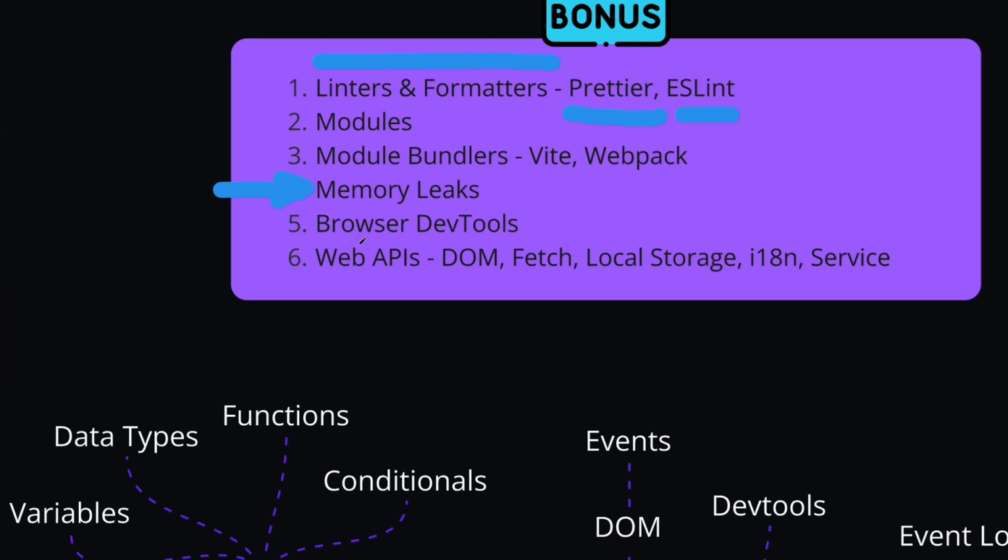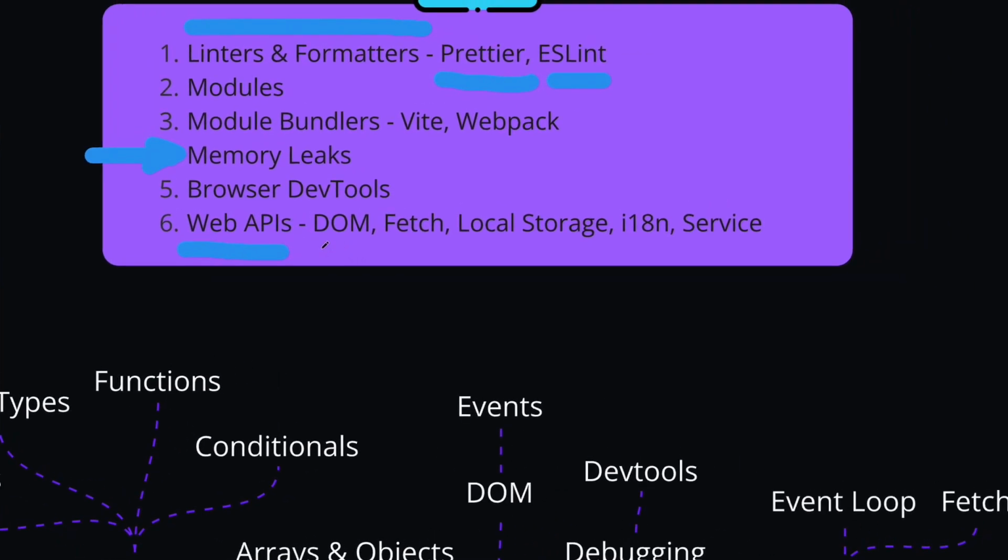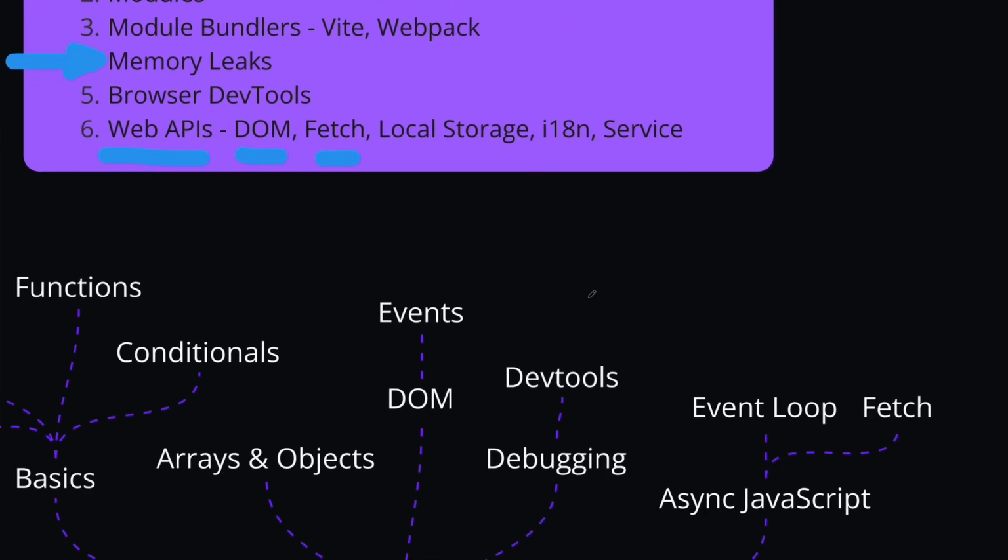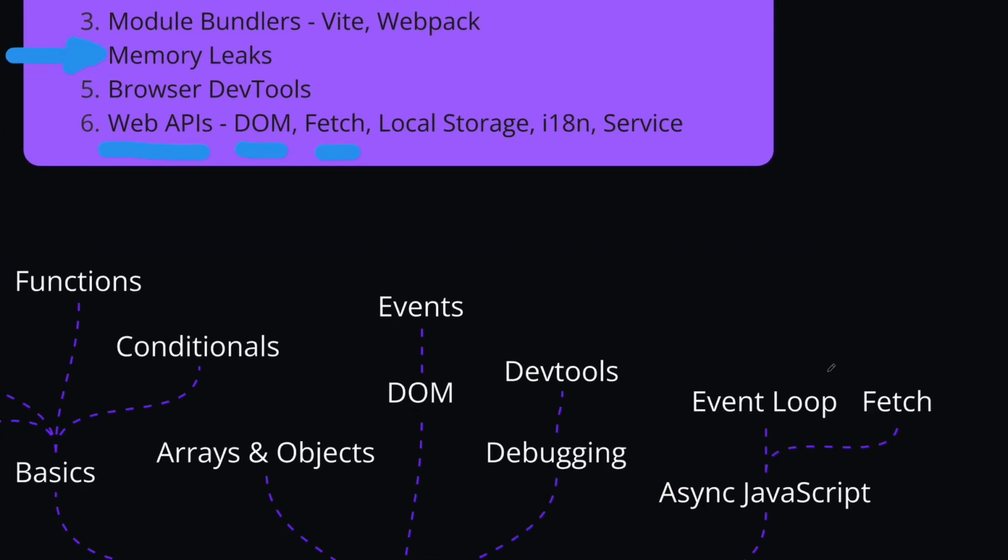And again, browser developer tools, which is also mentioned here, but you can go deeper into browser developer tools and explore all of the tabs like Network tab, Sources tab, Elements tab, and learn how to debug there effectively. And lastly, you can learn about the web APIs. You would already know about the DOM and fetch, which are part of the web API, and you learn about them here and here,